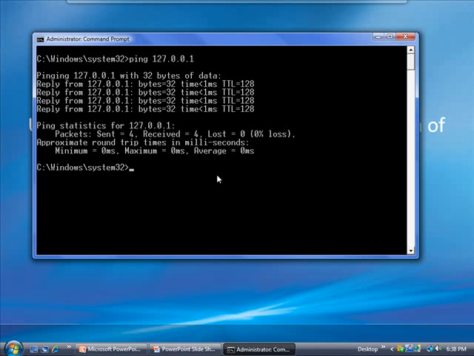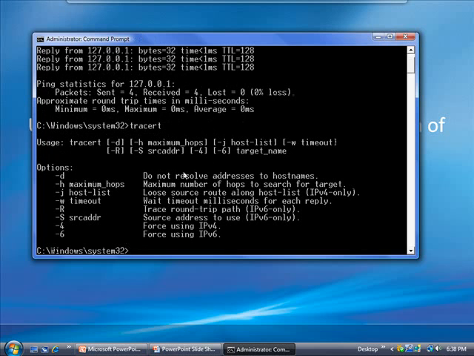And traceroute, tracert, and notice it gives you a bunch of options when you enter it by itself. You use a -d, which won't resolve addresses to the host names. That'll speed it up. And then you can use the -h for maximum hops, or what I should say limits the hops. But let's do a tracert, and let's use